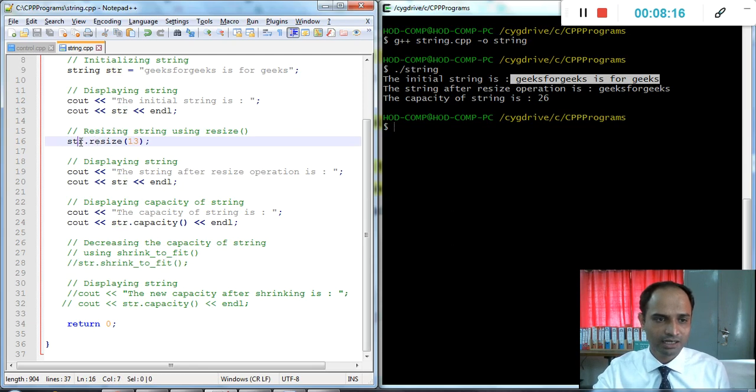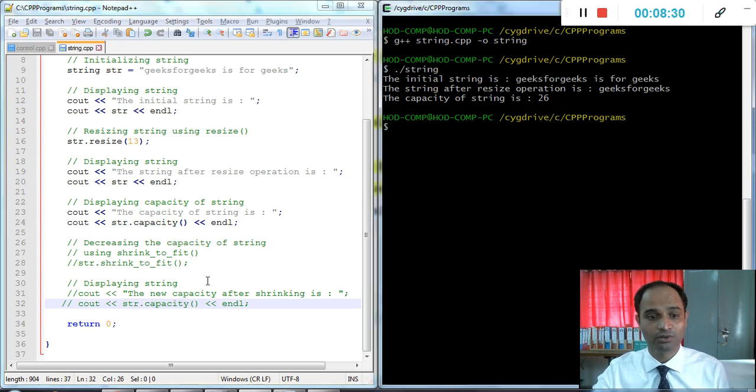Actual str contains only 13 characters, and then we apply this operation, and then again we print the string capacity. It prints only 13. Why?